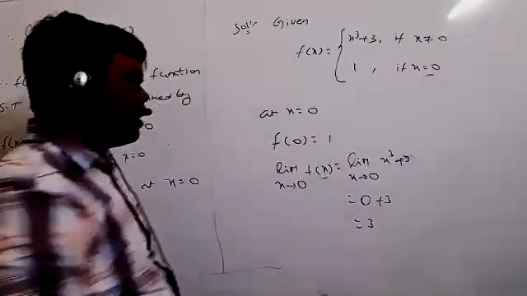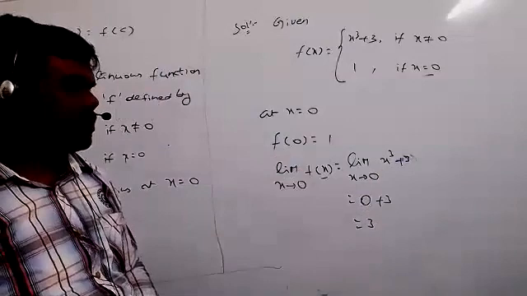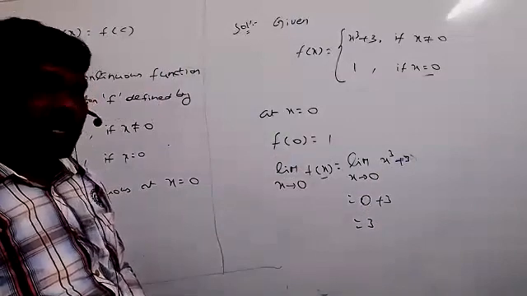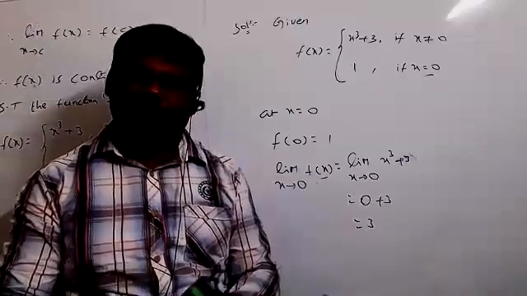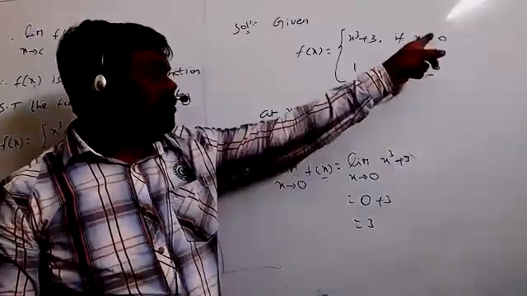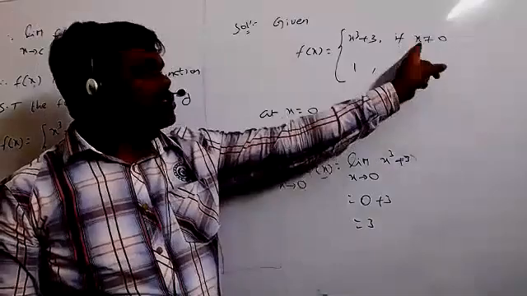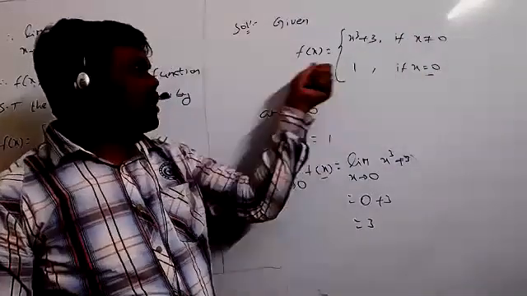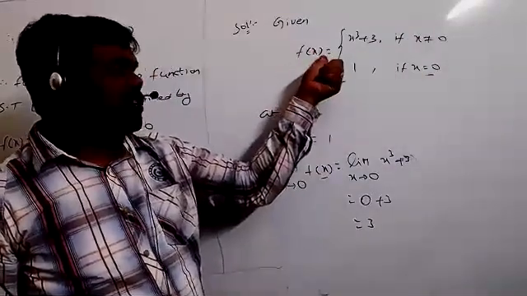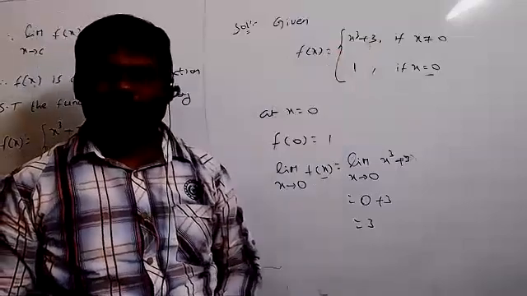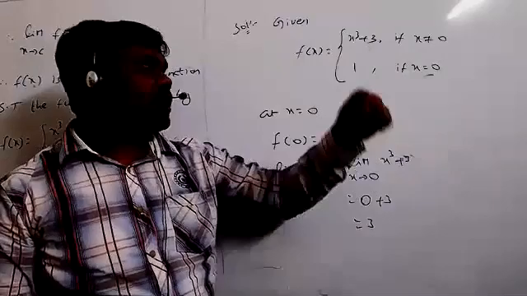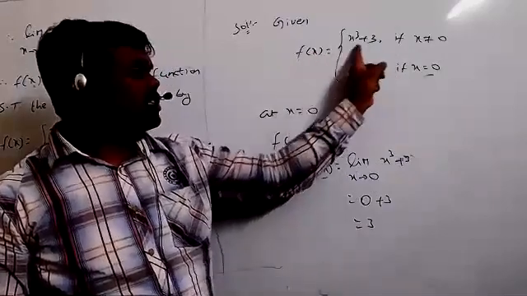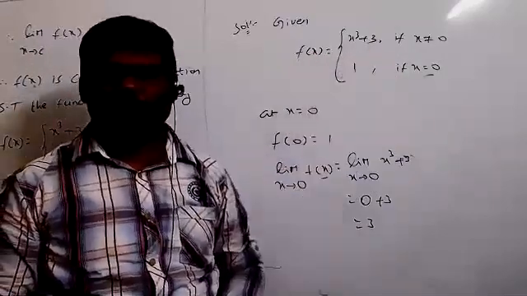So clearly, that's what I'm saying. What is the meaning of x not equal to 0? Except x equal to 0, for the rest of all the conditions, what is the function we have to take? f of x must be equal to x cube plus 3. Understood now? That means x is either positive values or negative values, but you can take only this function. So that is the main reason. Clear now?